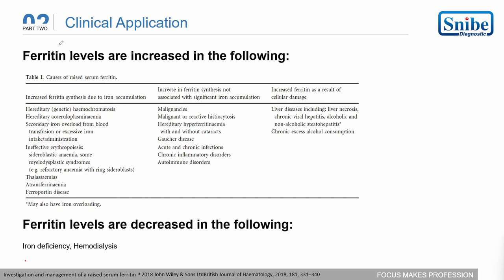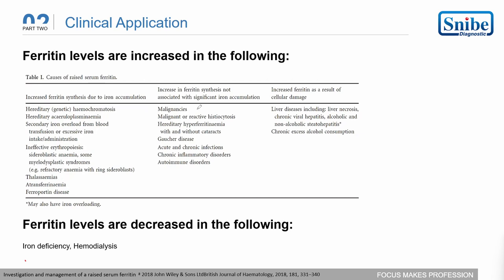So they are overloaded with iron. That's why the condition of secondary iron overload from blood transfusion occurs. Then ineffective erythropoiesis, sideroblastic anemia, some myelodysplastic syndromes like refractory anemia with ring sideroblasts, thalassemias, atransferrinemia,